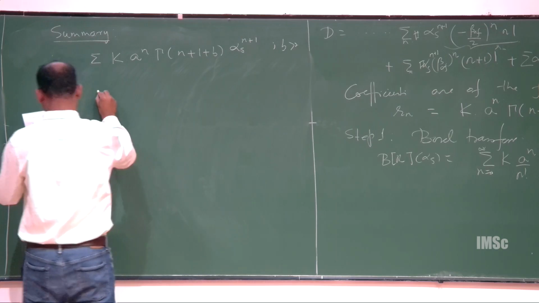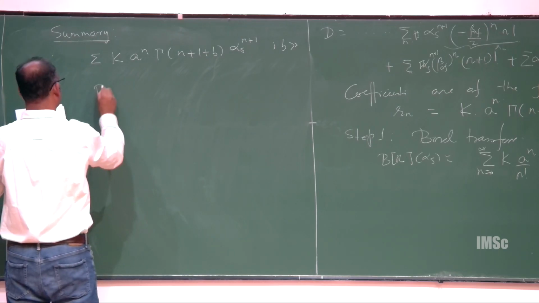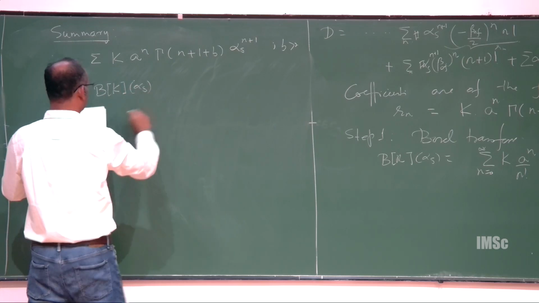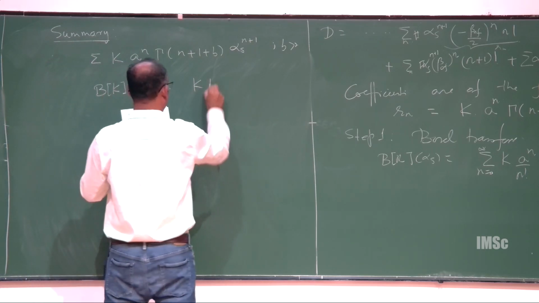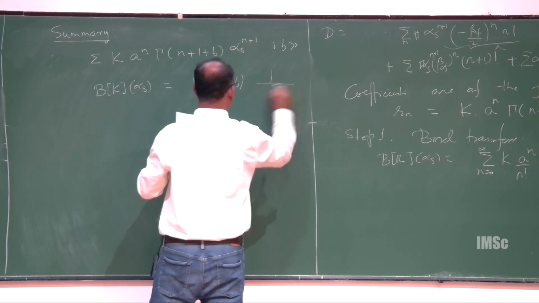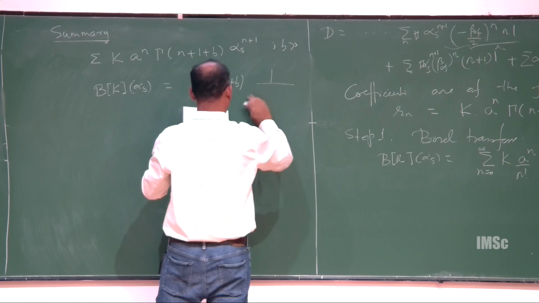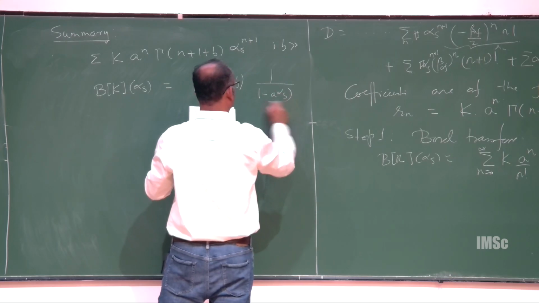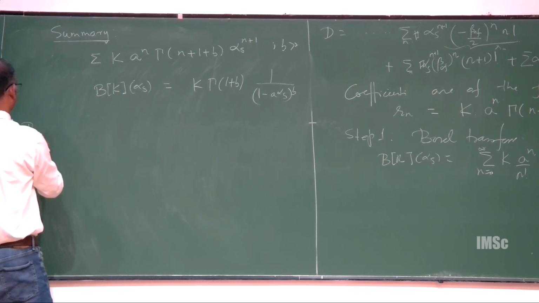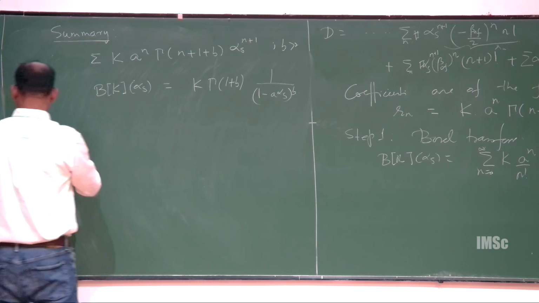Then I said I will take a Borel transform of this, which is just creating a new series with the coefficients divided by n factorial, and I found that to be that result here. And now we want to do the Borel sum, which is